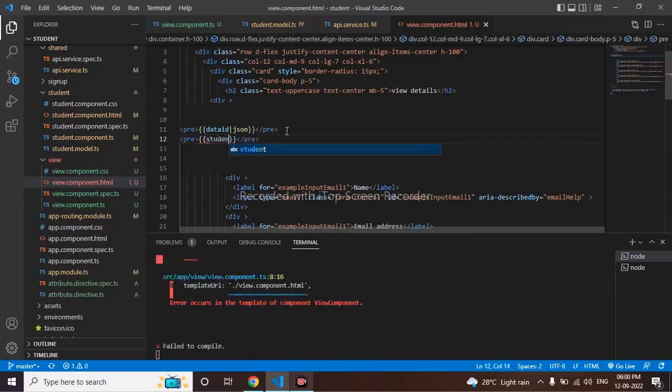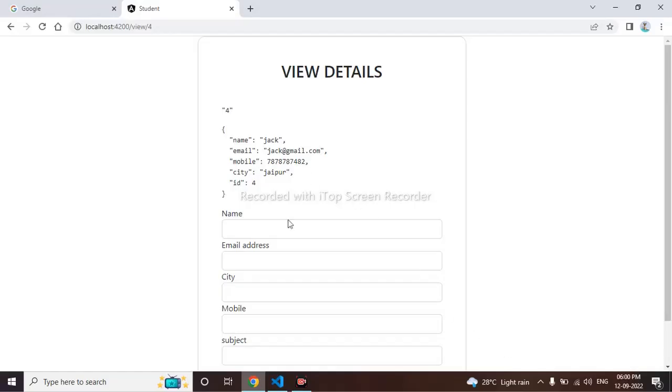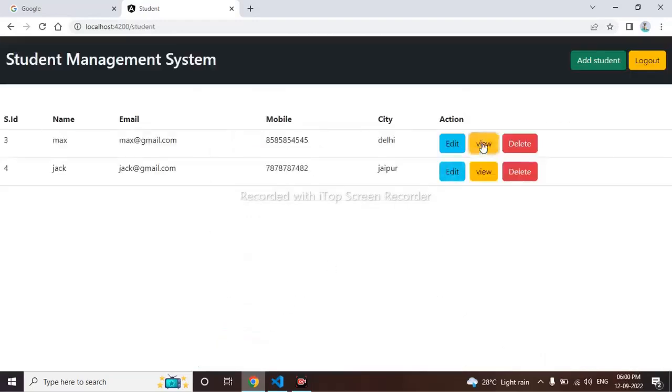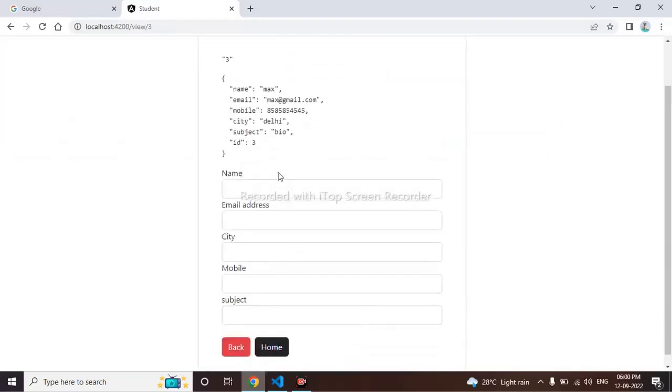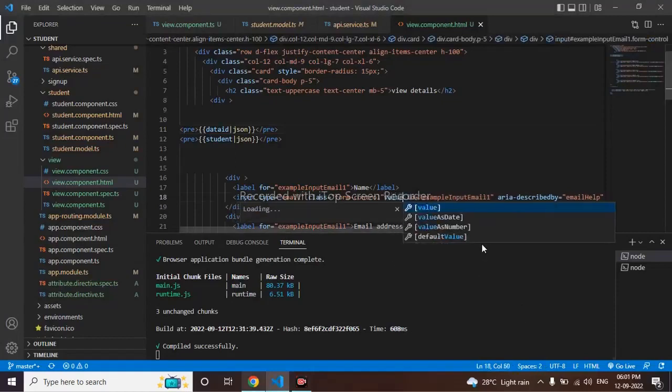Student JSON. We can see data has been coming. I'll go back and show another data. When I click on view, even this data is coming. But now the thing is that we have to display the data here, not here. So let's do it. So I'll be writing here value equals to, here use again interpolation